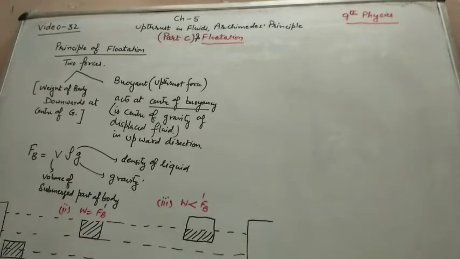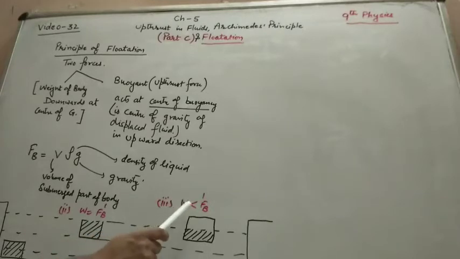First part is, we'll take one block whose weight is greater than the buoyant force when it is completely immersed in water. So that particular block will sink and it will remain over here at the bottom. Second is, when the weight of the block is just equal to the buoyant force, in that case the block will completely immerse and will just get sufficient upthrust which is equal to the weight of the body, and this is the just flotation case.